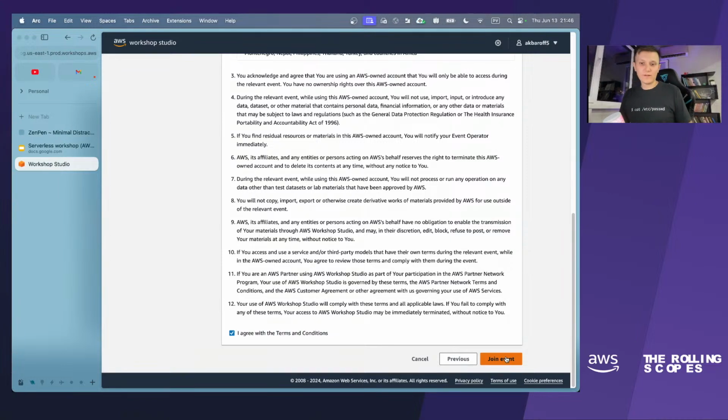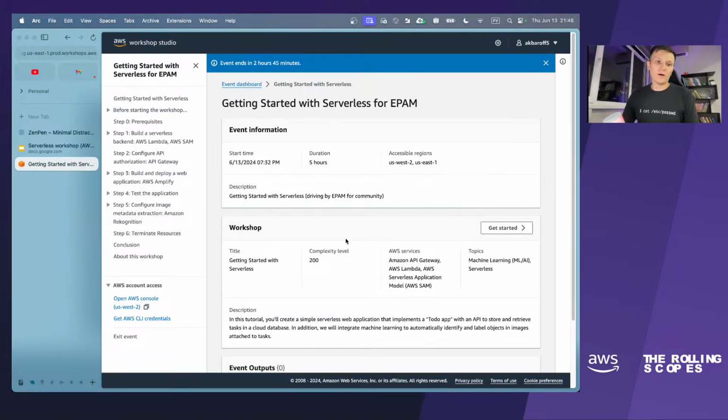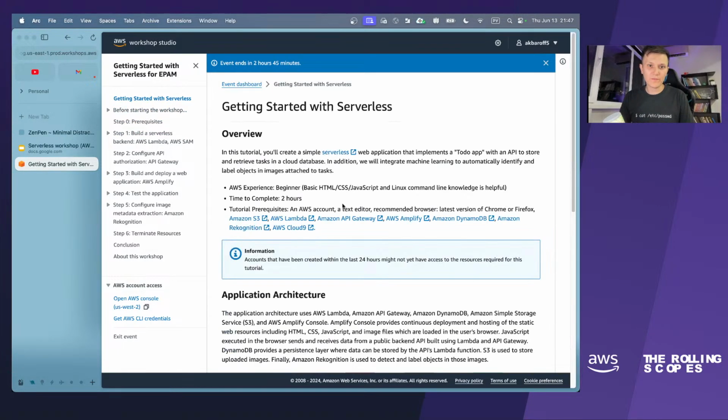Great, a lot of people have joined the workshop studio as well, and we are joining the event. I see that a lot of people could sign in. While we are waiting, I think we can go through the description of the workshop.